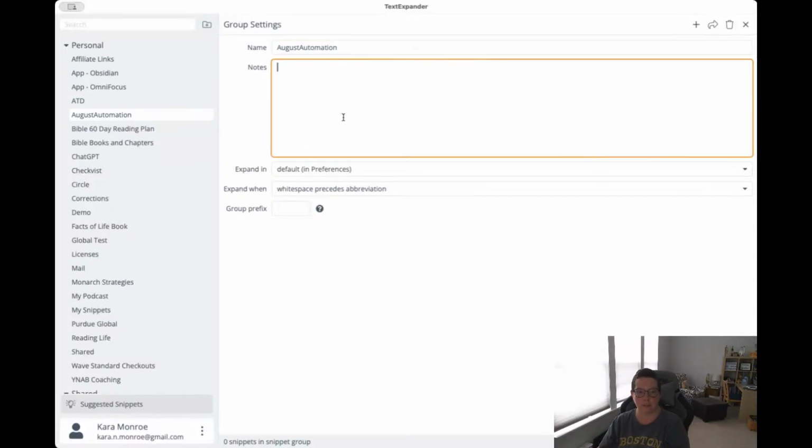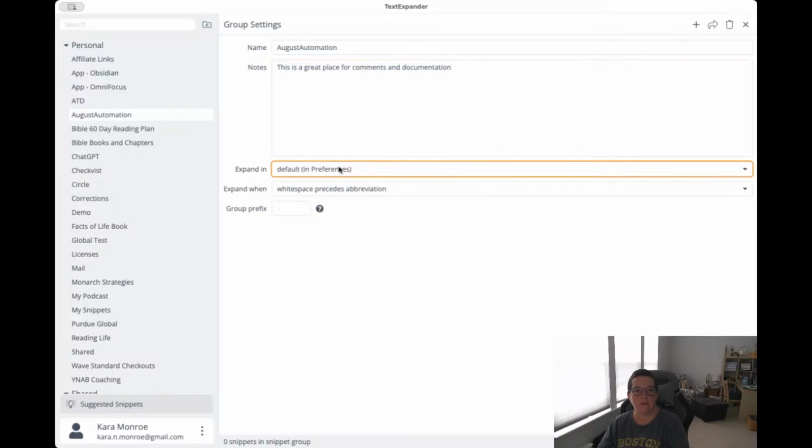I could add notes here. So I could add documentation, great place for comments and documentation. And I could even decide if I only want this to expand in certain applications. And that would be great because, for instance, like I mentioned, we're going to do some in Mail. Maybe I only want these to work in Mail.